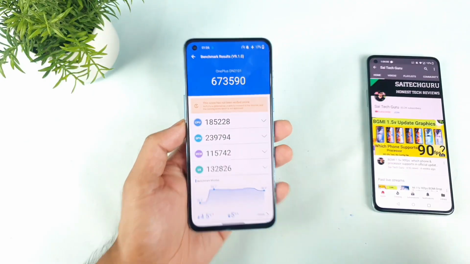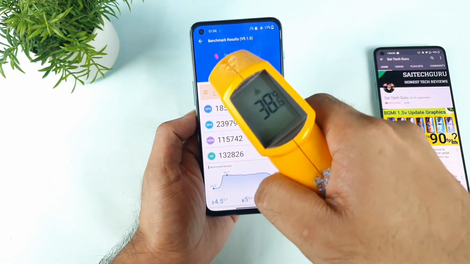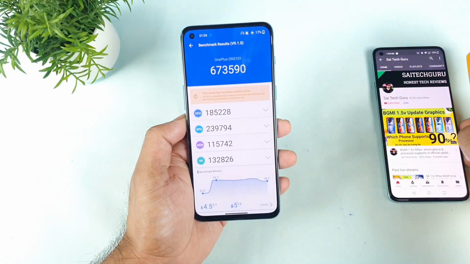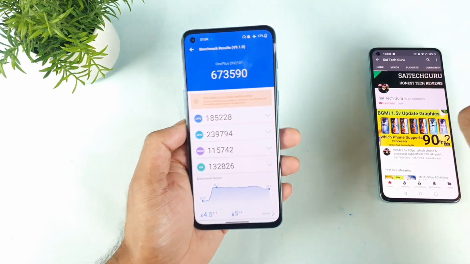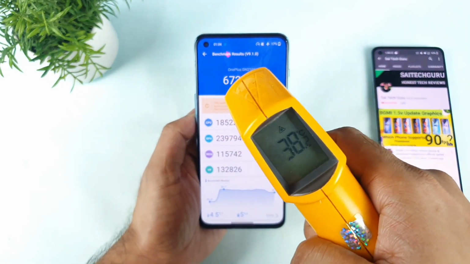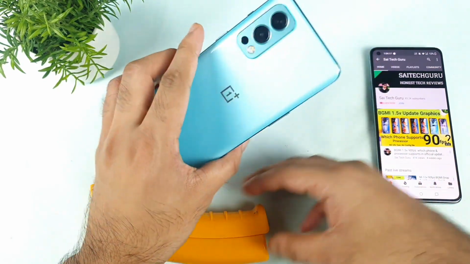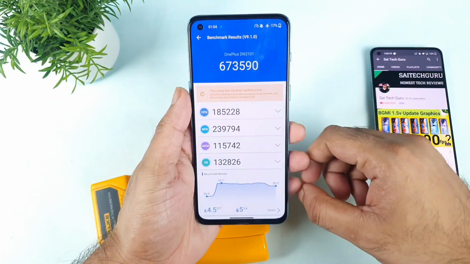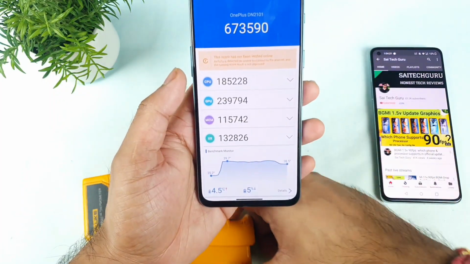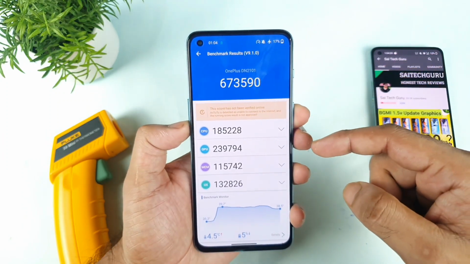So right now, as you can see, friends, the Antutu benchmark score is close to 6,73,000 using the high performance mode in this phone. And the temperature maximum went up to only 39 degrees. That's it. It did not increase more than that. It was 37.8 degrees, and right now you can see 38.2 degrees during this complete Antutu benchmark test on the OnePlus Nord device. So I think overall it was good. I would say 6,73,000 is the highest so far I have reached on the OnePlus Nord 2.